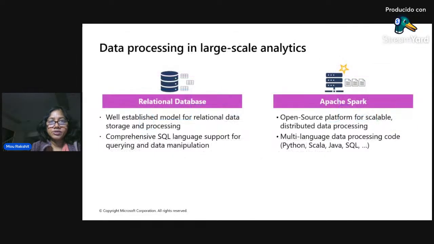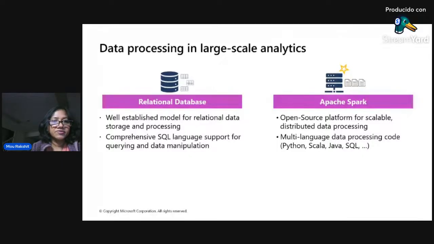When it comes to data processing, there are two options. One is relational databases. So these are traditional, you might be aware of, or you have worked on in the past in Oracle, SQL Server, MySQL, PostgreSQL, and Teradata, etc. Those are all relational databases. They store the data in a normalized, structured, row columnar fashion, right? It is a well-established model.